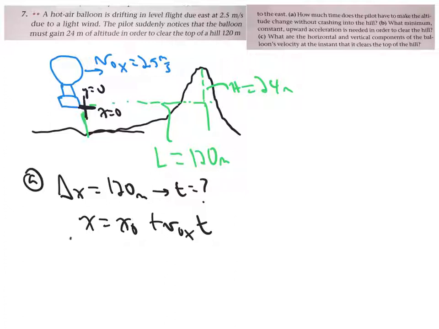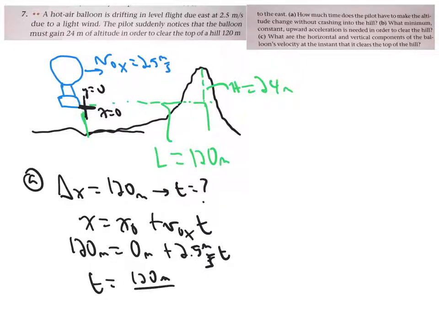So we have 120 meters is 0 meters, because we start at 0, plus 2.5 meters per second times t, or t is 120 meters over 2.5 meters per second, which will give us seconds, which is nice. And we end up at 48 seconds, which has the right number of sig figs, so that was nice and convenient. All right, and then for part B,